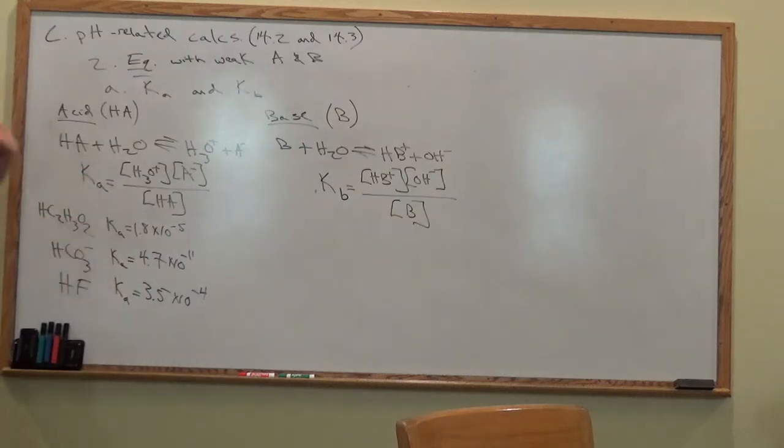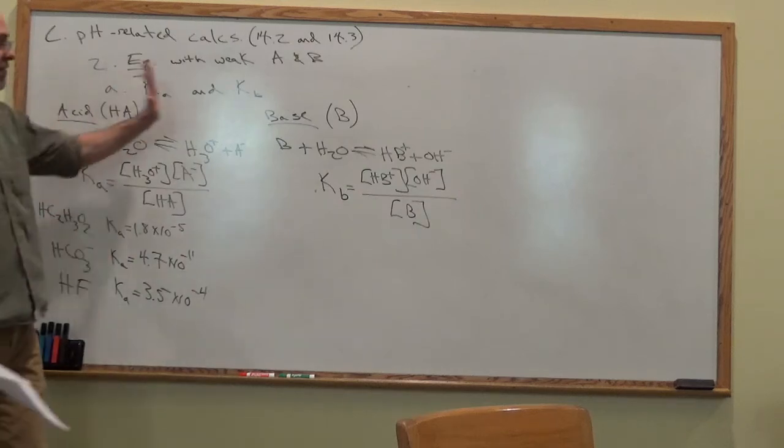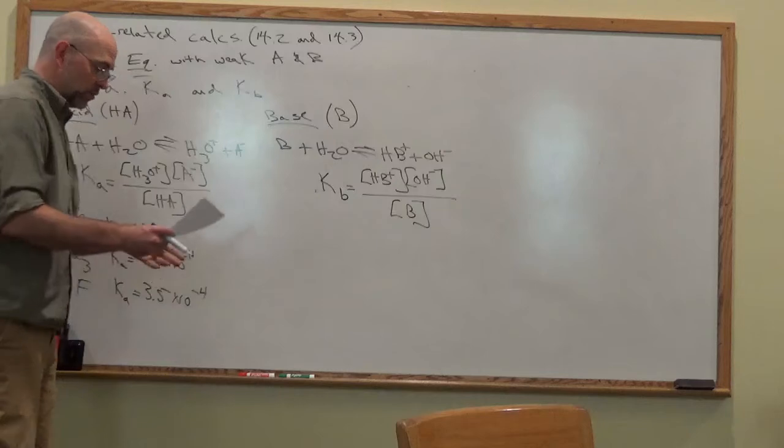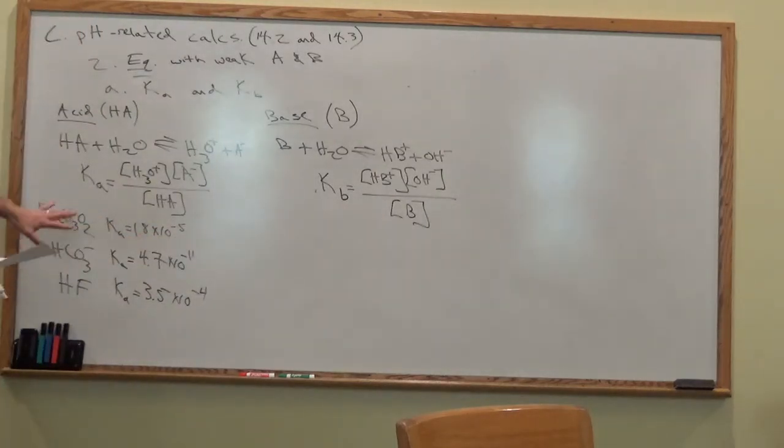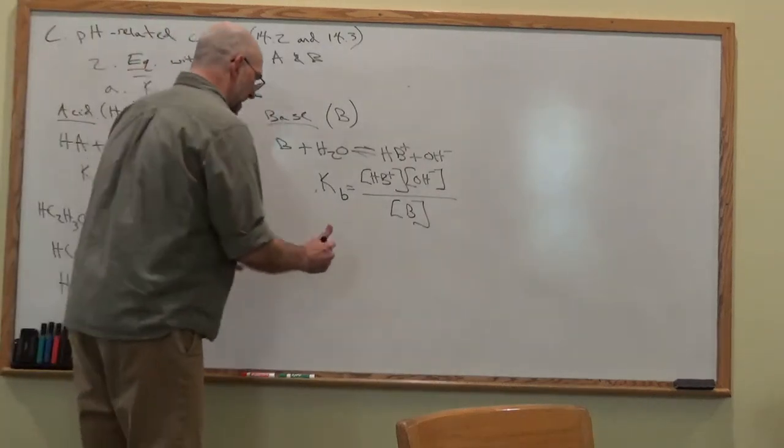So if the Ka is larger, it's producing more H+. Most acidic, middle, low. So just be able to interpret the Ka. The size of the Ka tells you how far to the right that goes, but that's no different than any equilibrium constant. Okay, so just be able to look those numbers up. Fine. For some bases,